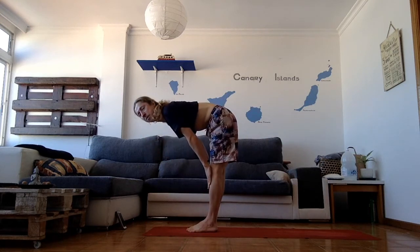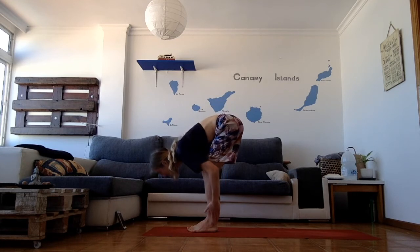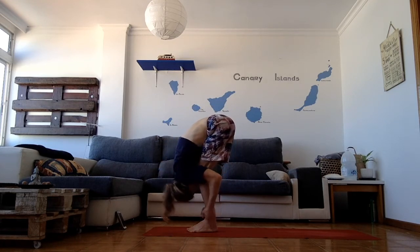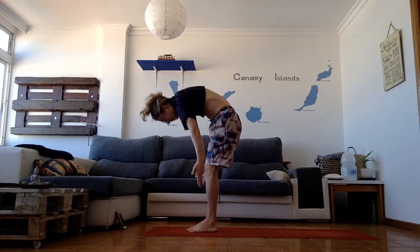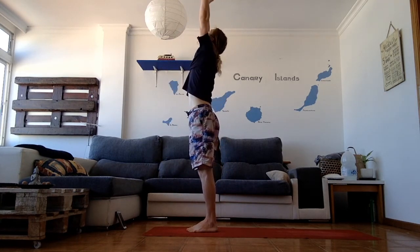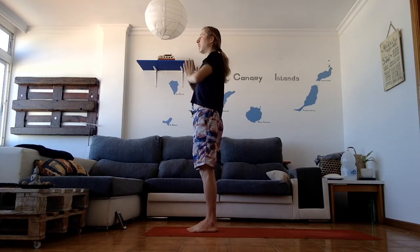Halfway up. Spine parallel to the ground. Reach. Exhalation, forward. All the way down. Relax. With inhalation, stand up. Arms up. Exhalation, mountain pose. Let's do 1 more round, but this time you try to do it on your own breathing,